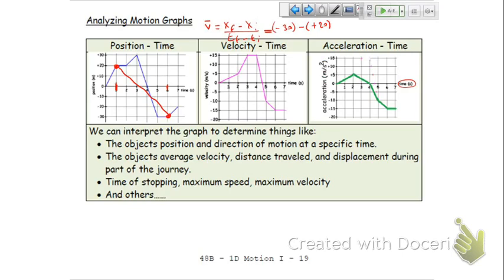Notice how I put the actual value in parentheses, because that negative is not a subtraction operator, it's an address. And then I divide it by my final time, 6, minus my initial time, 1. So minus 30 minus 20 is minus 50 over 5, which equals minus 10 meters per